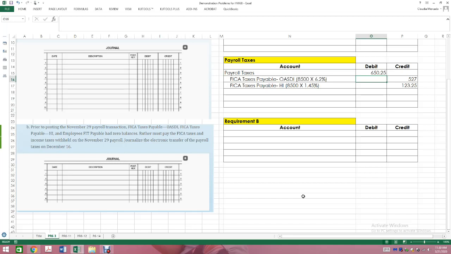So now they're asking us that we have to remit payment to the different taxing entities. They're asking us to journalize the electronic transfer of the payroll taxes on December the 16th. So now what we need to do here is figure out how much we are going to remit in payment for my OASDI, HI, and federal income tax. Well,